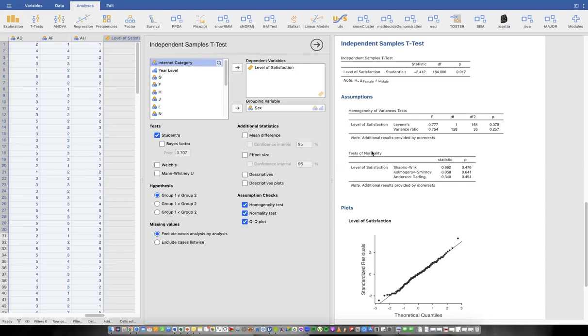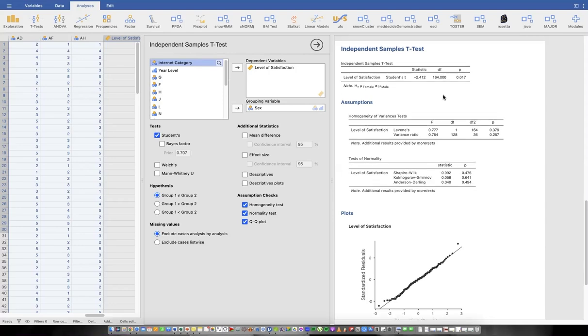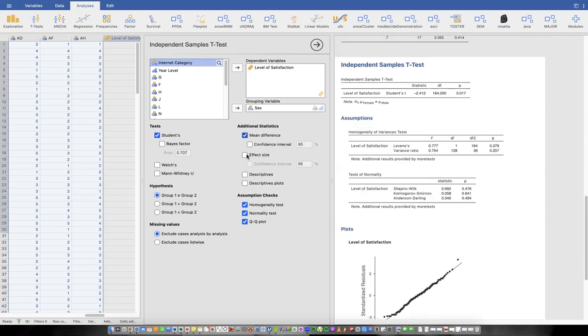So therefore, we can use student's t-test. So for student's t-test, here it is. We're going to check the mean difference, the effect size, descriptive and descriptive plots. And this is what is required